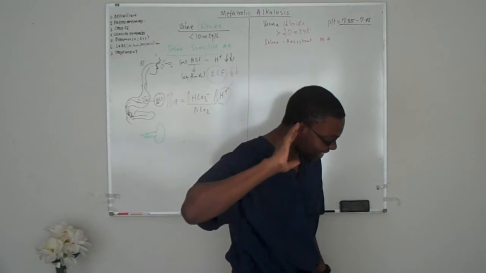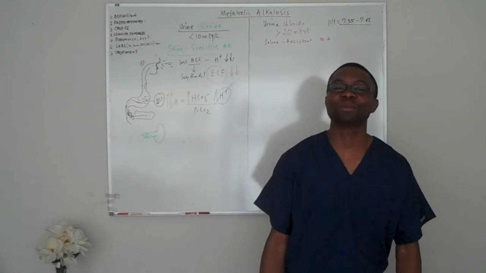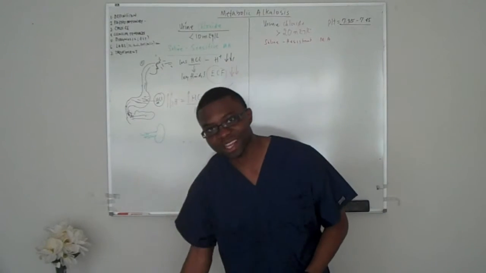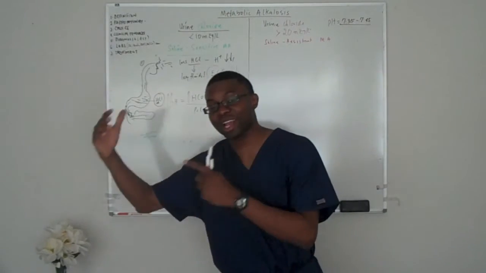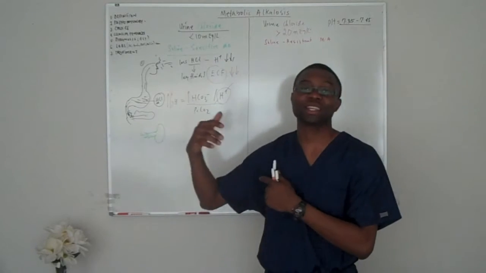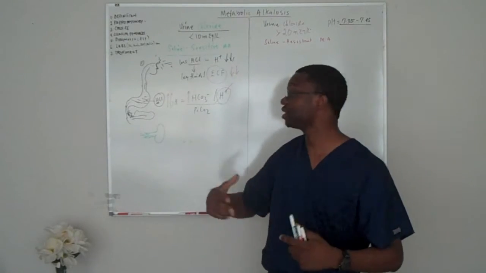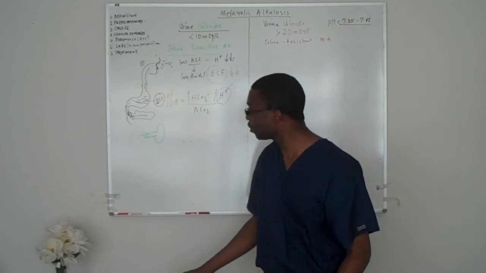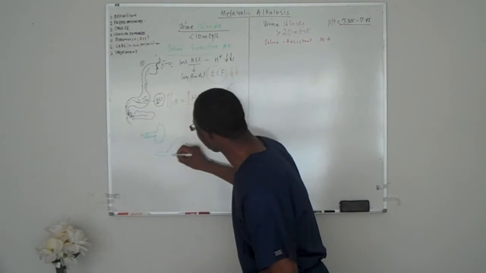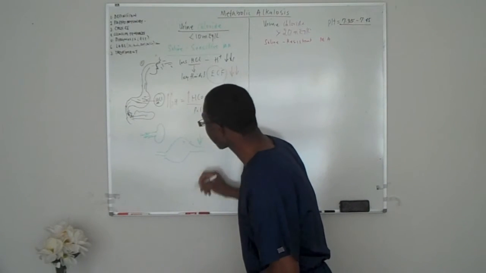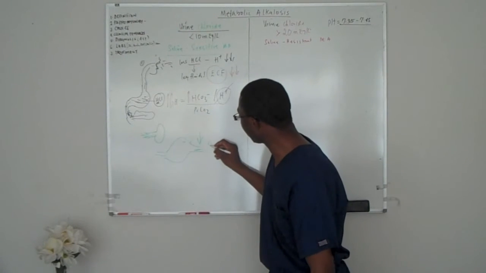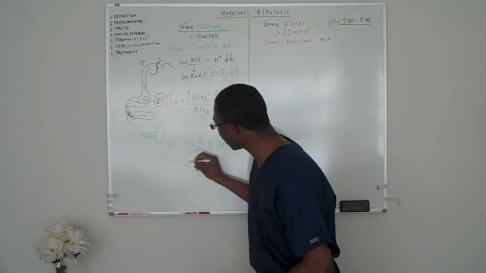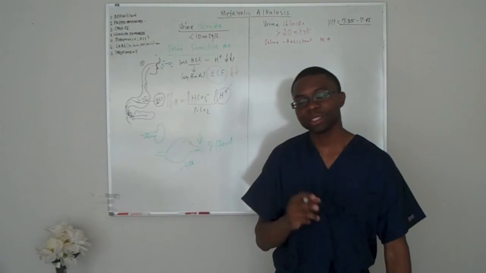Say it, you know it. It's going to stimulate renin. The renin is going to be released. The renin is going to stimulate the conversion of angiotensinogen to angiotensin 1. Angiotensin 1 is going to be converted to angiotensin 2 inside your lungs. And angiotensin 2 is going to do what? It's going to vasoconstrict. It's going to go into your glomerular capillary and vasoconstrict the efferent arteriole, so that you can increase your GFR to the kidney. But it doesn't do that.